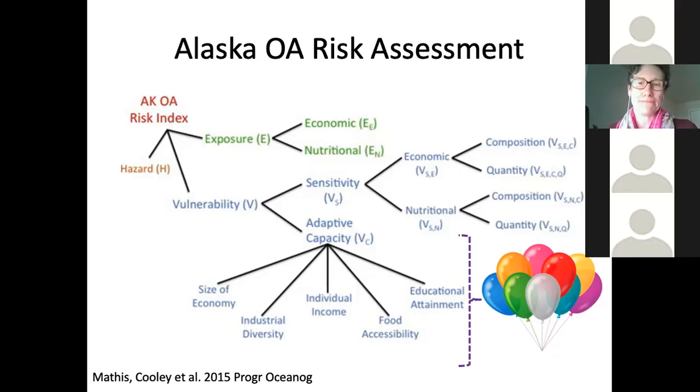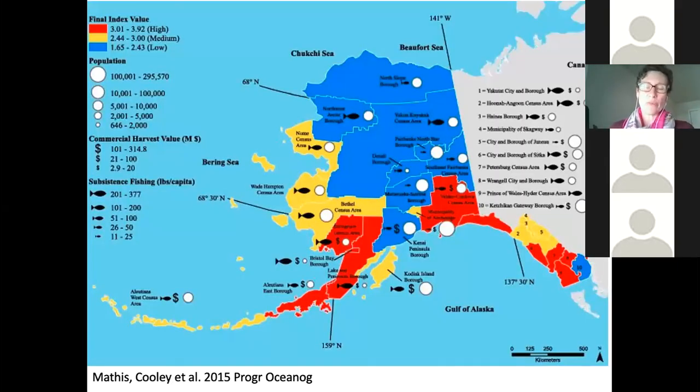Next slide, please. In that analysis, we did find that adaptive capacity varied very widely among different boroughs in Alaska. And this happened in addition to regional variations in economic and nutritional importance of shellfish that could be affected by acidification, and in addition to differences in economic and nutritional dependence on these species. So in some ways, when you're trying to roll everything up, there's positive factors and negative factors that either contribute to risk or offset some risk.